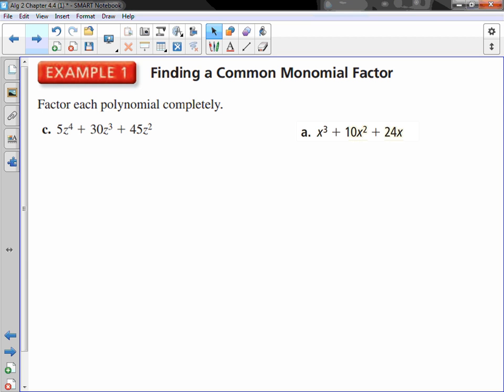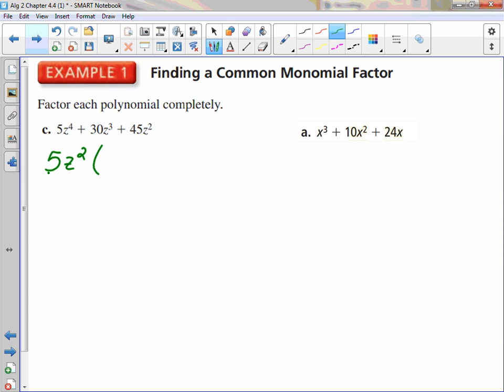So looking at this one here, 5z to the 4th plus 30z cubed plus 45z squared. Is there a greatest common factor? 5 will go into all 3, and z squared will go into all 3. 5z squared, because 5 will divide into all 3 numbers, and z squared will divide into all 3 of these variables. Well, 5z to the 4th, well, 5 out of 5 leaves me with 1, because it simplifies out. Now, when I pull 2 z's out of z to the 4th, I'm left with z squared plus